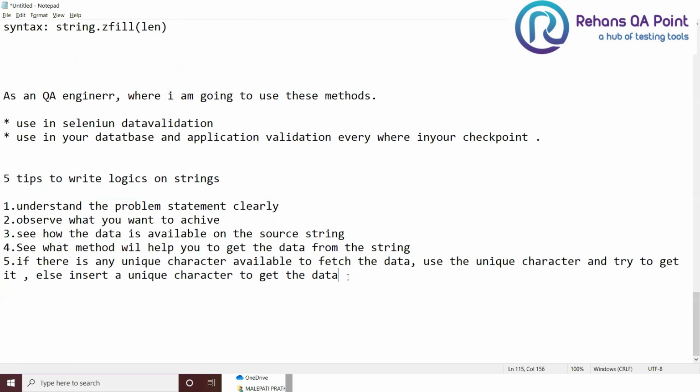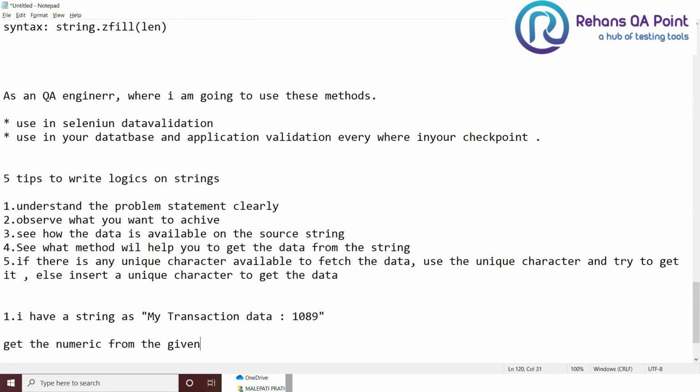So let us take the problem statements. The first problem statement. I have a string as my transaction data is 1089. Get the numeric from the given source string.